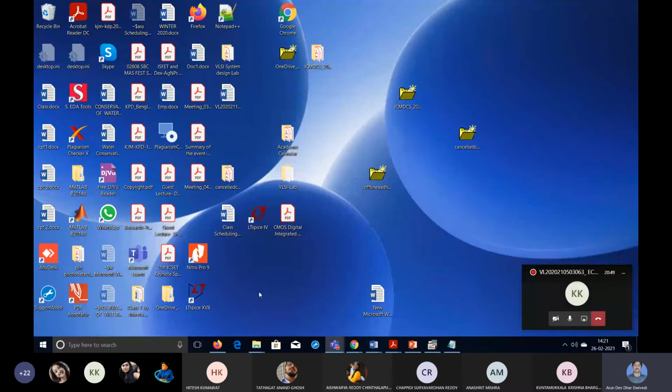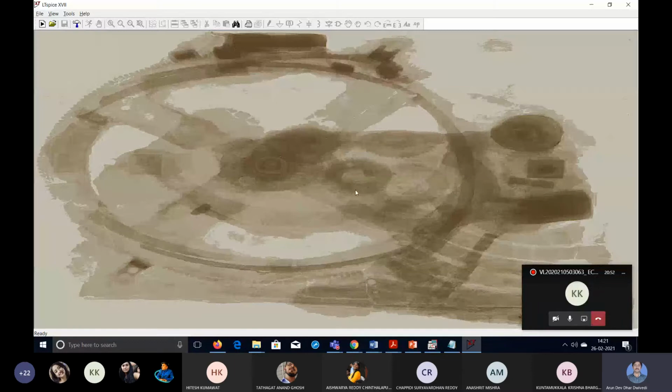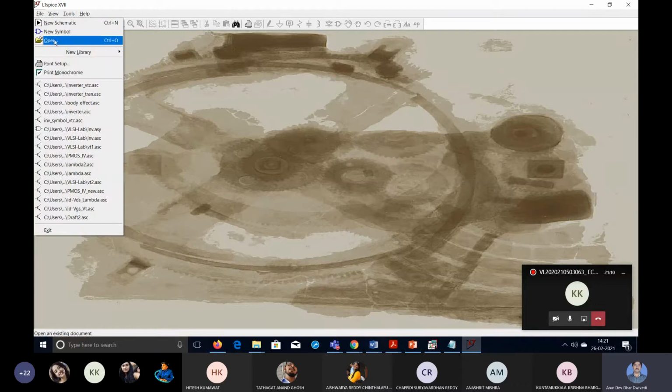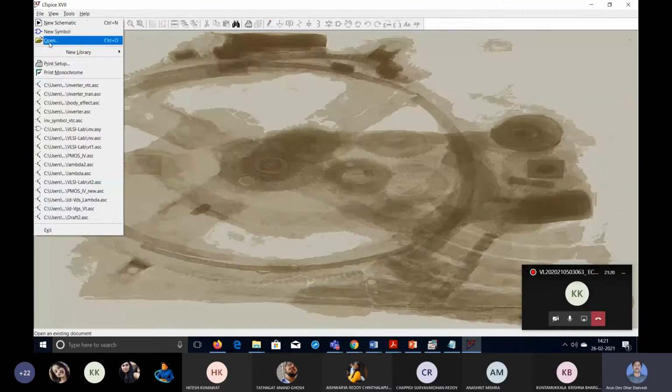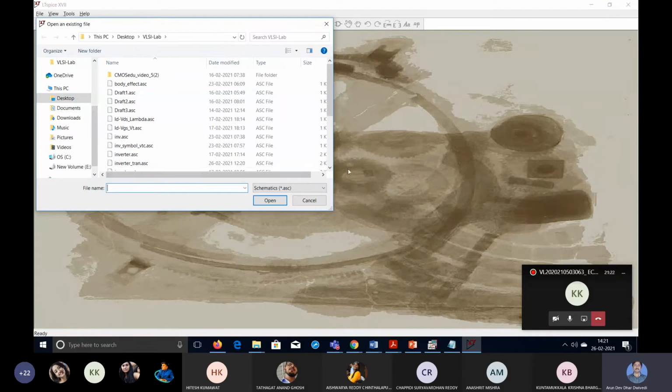Okay, so let us open LTspice. Next, I want to explain, to study the body bias effect on the IV characteristics of the NMOS as well as PMOS. We have to study. So what we will do, I am opening that circuit first, and then I will explain. So let us open the circuit. Not new, already created, so I will save some time. Instead of creating, I will open directly. So, body effect.